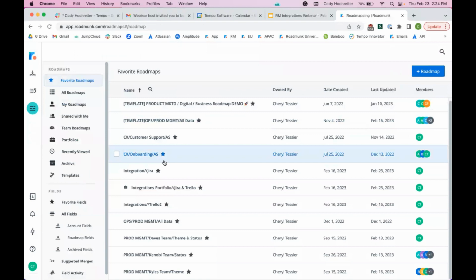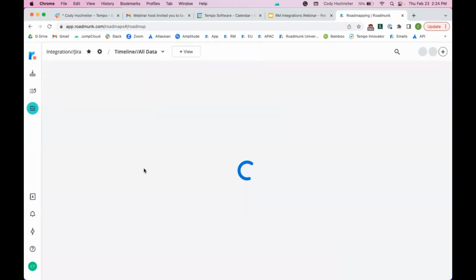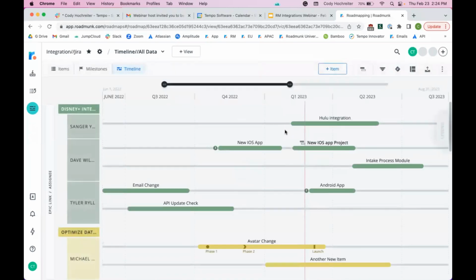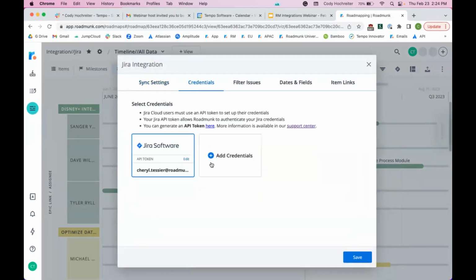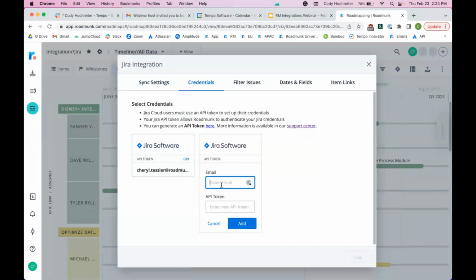So again, this has to be done on an individual roadmap. If we go back to the Jira integration roadmap, I touched on this, but to go a little further, all your source of power here is to go to the top right of the page into the integrations tab and modify this. In the credentials, this is where you'll need to set up an API token. So if I add a credential here,